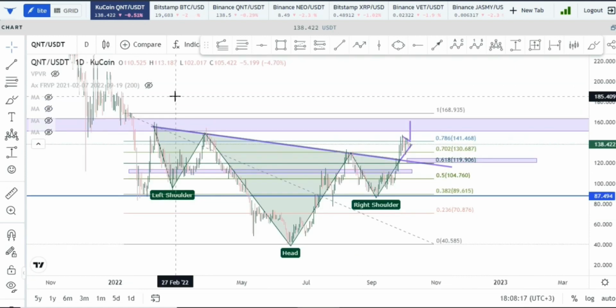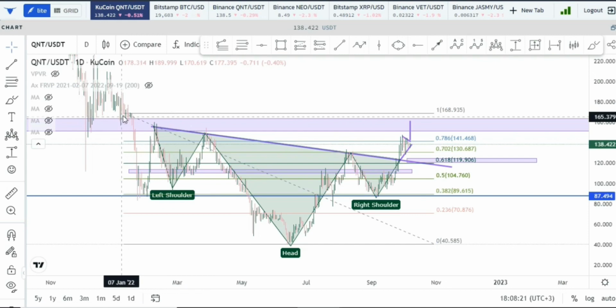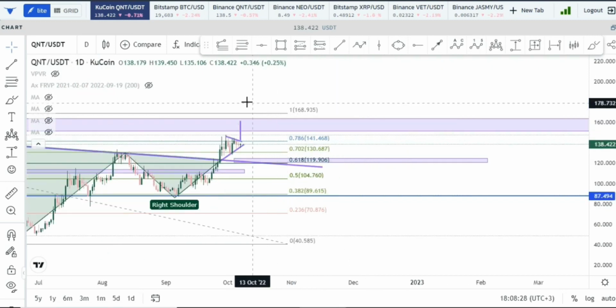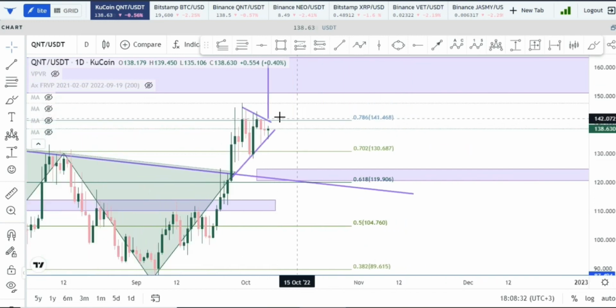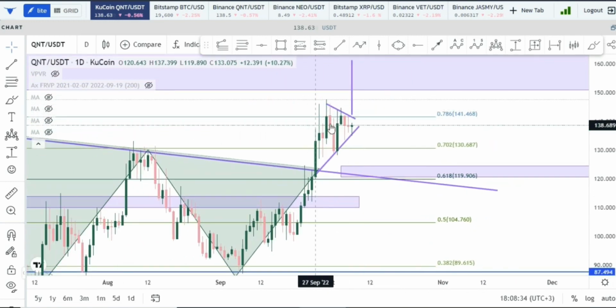So here's how you come up with $141. You just grab your fib retracement tool from a candle, which is a daily candle above the resistance line there, right? And then you pull it down to the very bottom right here, and you can see that once we go to the 0.786 fib retracement level right here, this is where we are finding difficulty. We haven't had a convincing daily candle above this line there, and that's actually what we need to have right